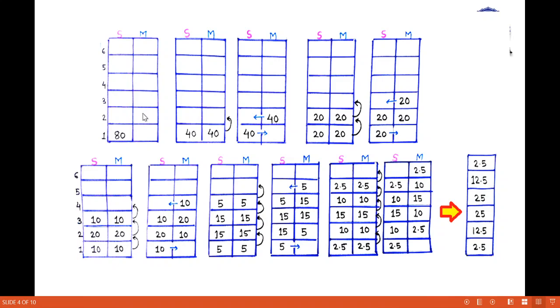So in the first column we see that 6 theoretical plates are there: 1, 2, 3, 4, 5, 6. So these are the 6 theoretical plates present in the column, and we take 80 milligrams of the sample in the stationary phase, and we pass a mobile phase over it. What happened? The equilibrium is present between the stationary and the mobile phase. That's why 40 milligrams of sample is present in the stationary phase, and 40 milligrams of sample passes into the mobile phase.